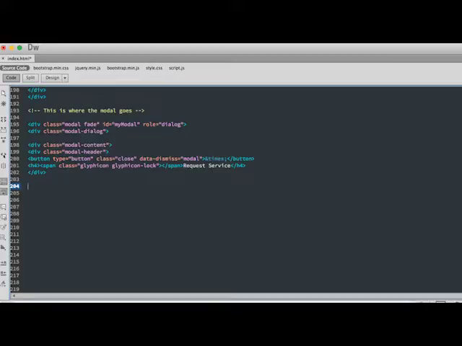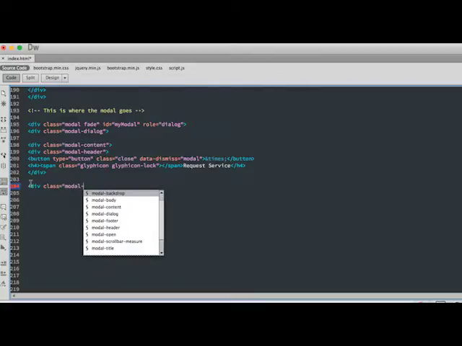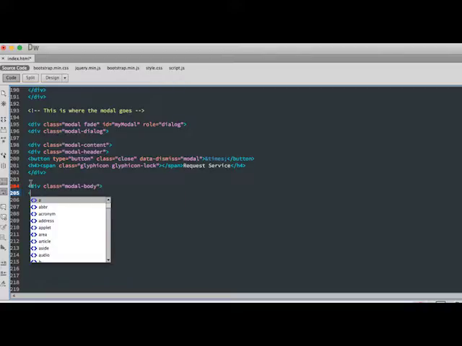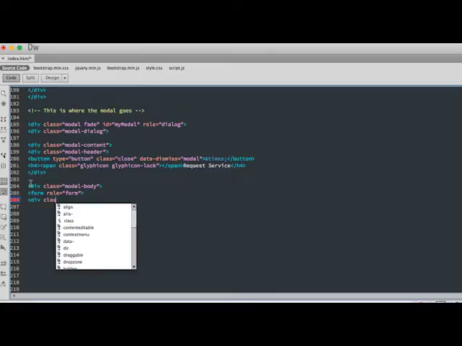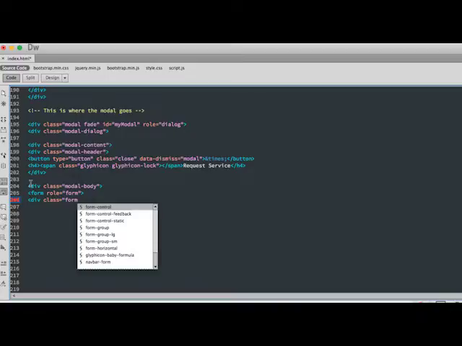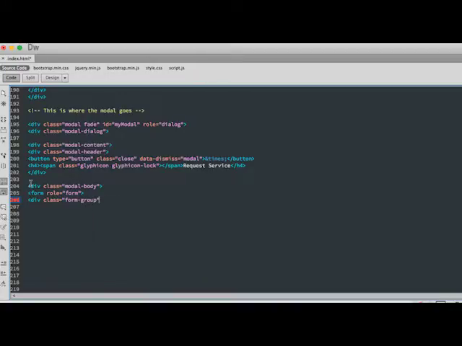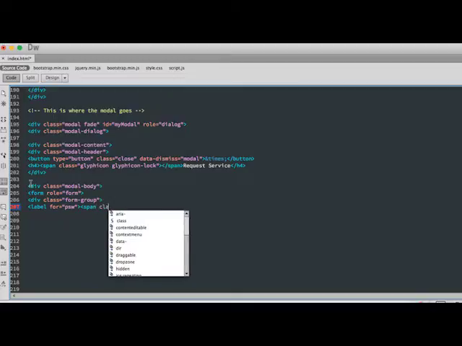We're going to start out by creating a div class modal body, and then we're going to create a form, role form, and then div class form group, and then we're going to create the label for PSW, and then we create a span class,